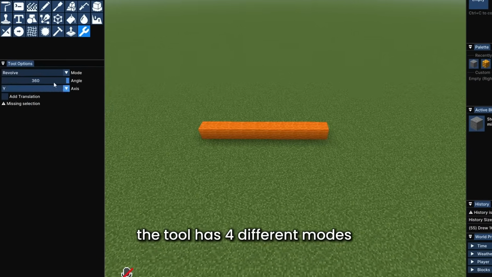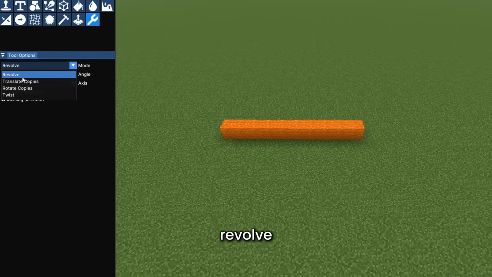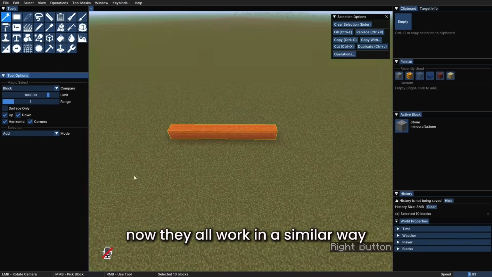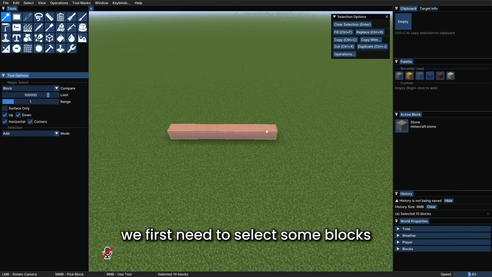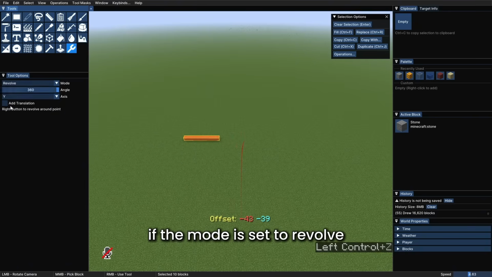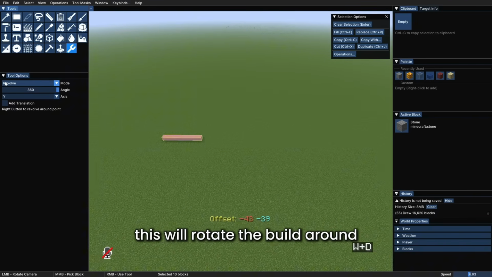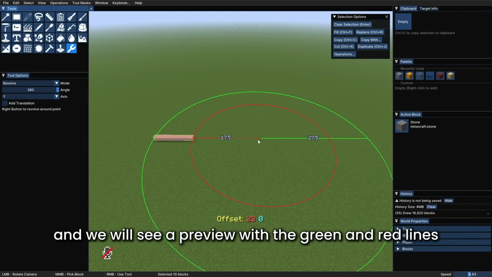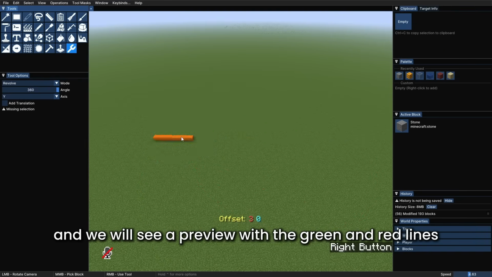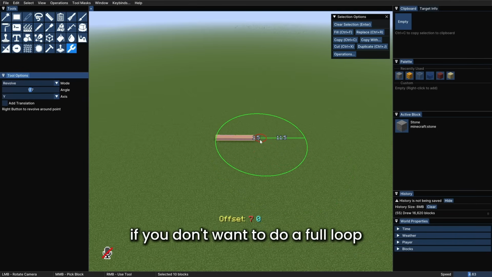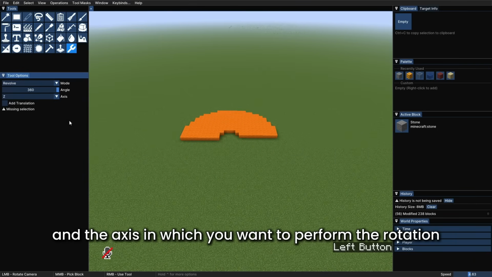The tool has 4 different modes: Revolve, Translate Copies, Rotate Copies, and Twist. Now, they all work in a similar way. We first need to select some blocks, and then we right click to perform an action. If the mode is set to revolve, this will rotate the build around the point where we click, just like that. And we will see a preview with the green and red lines. Here you can change the angle if you don't want to do a full loop, and the axis in which you want to